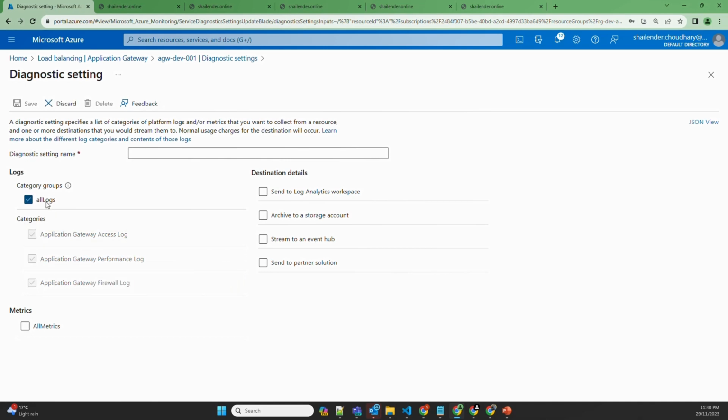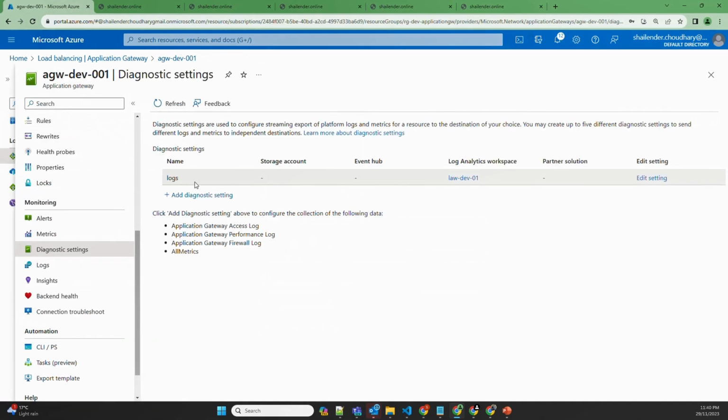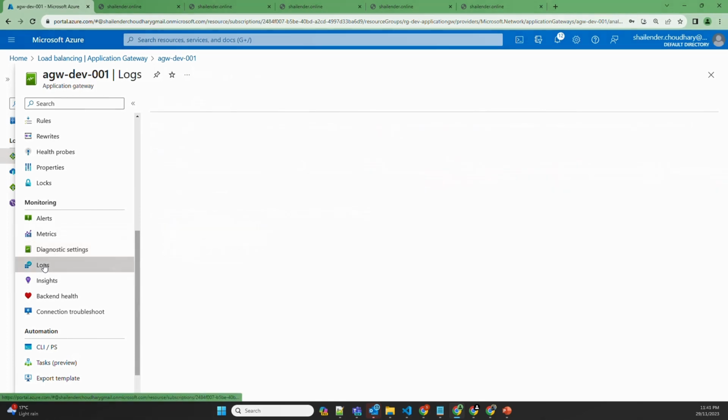So let's select all logs and all the metrics and provide the name, and you can send it to the Log Analytics workspace which you have created. Though I have already created this, so if I go here, all the logs are going to the Log Analytics workspace which is created for this. And it's sending all the metrics as well as all the different logs. So if we click on the logs,